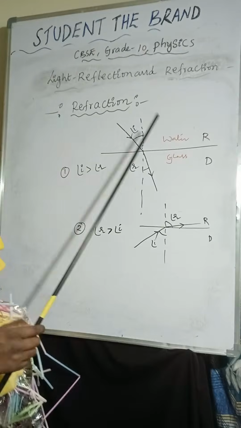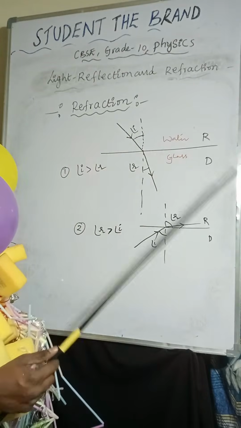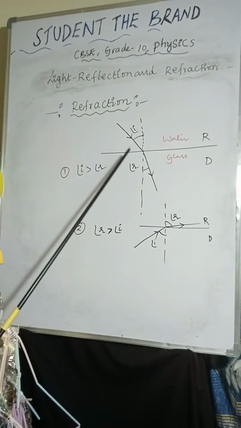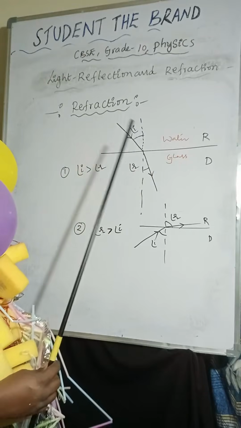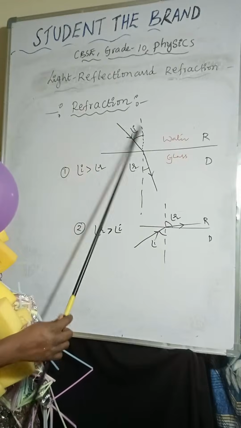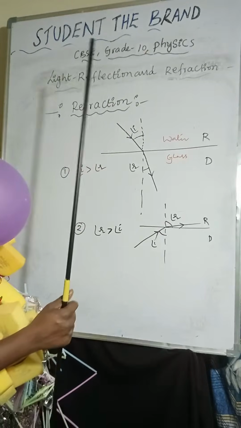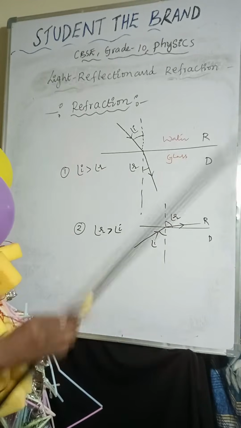If the light ray is moving from one medium to another, meaning different mediums, then only the bending of the light ray takes place. The path of the light ray changes. That is the reason, and that is called refraction. If it is moving in the same medium, then